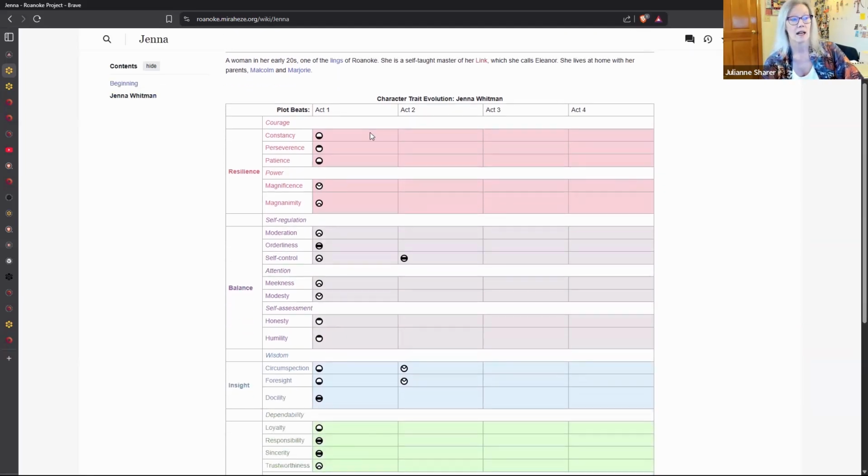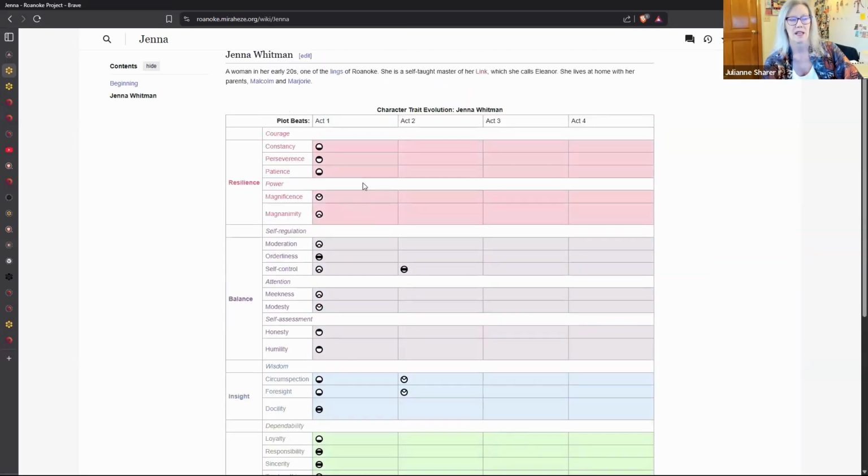I went through every single trait and I decided where that was, but it's not necessarily that every single trait is going to play into the story. It was just for my own practice. But we've got constancy as a base trait. So this little icon here, where it's filled up at the bottom, is the base. Why don't we look at the examples of all the different kinds of icons? So we've got, this means wing,